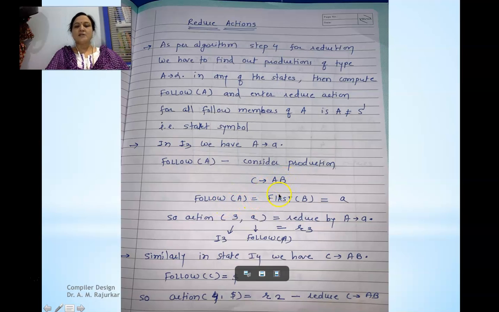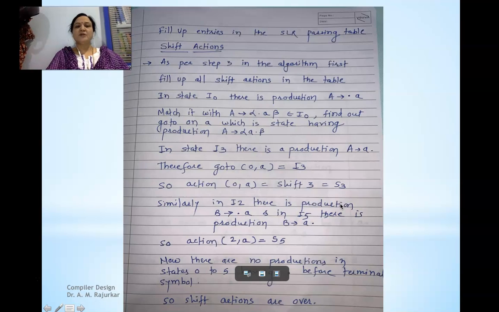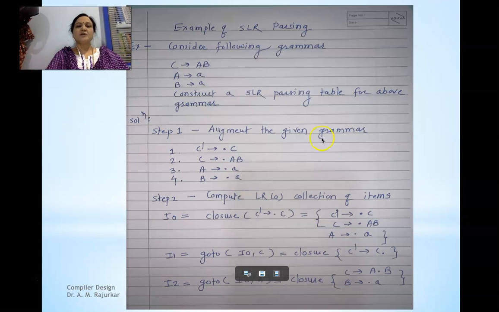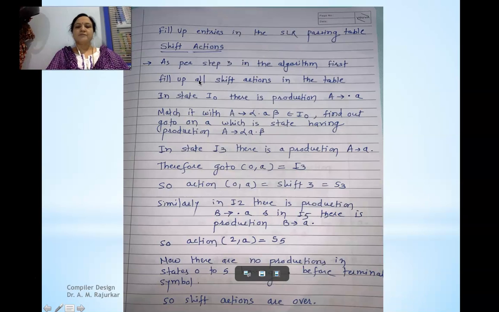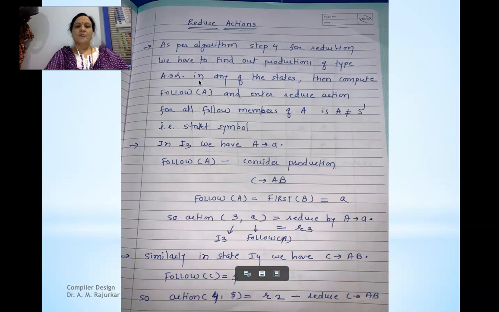So follow of A is equal to first of B, because B is a non-terminal as per the rule of follow. So first of B is small a as per the production in the grammar, because B tends to small a is there. So follow of A is first of B, that is small a.